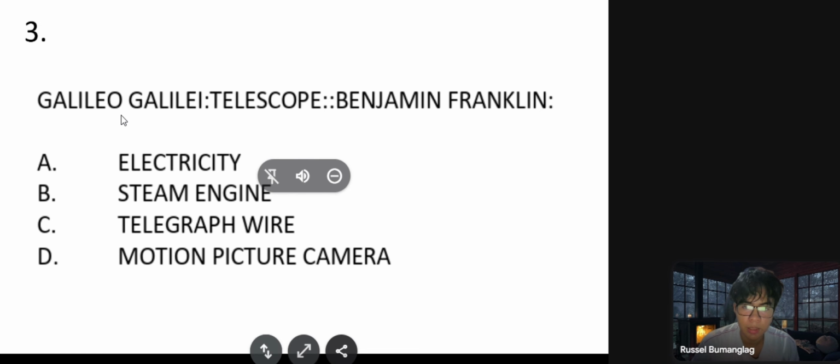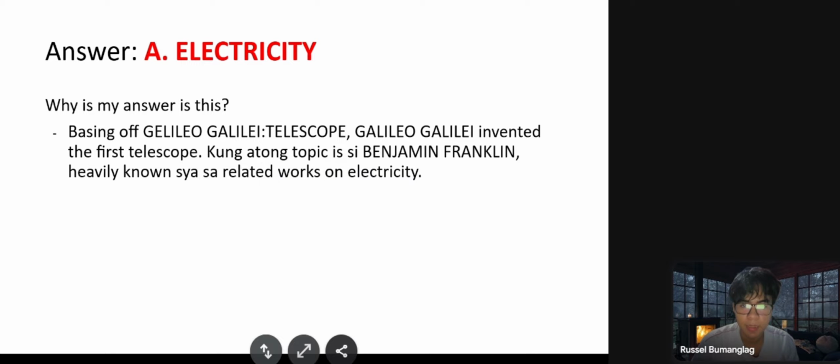For number 3, Galilei is equal to telescope, and Benjamin Franklin is to what? A, electricity, B, steam engine, C, telegraph wire, or D, motion picture camera. My answer is A, electricity. Why is my answer this? Basing off Galileo Galilei is to telescope, Galileo Galilei invented the first telescope. If our topic is Benjamin Franklin, he is heavily known for his works related to electricity. So that's why I chose A,